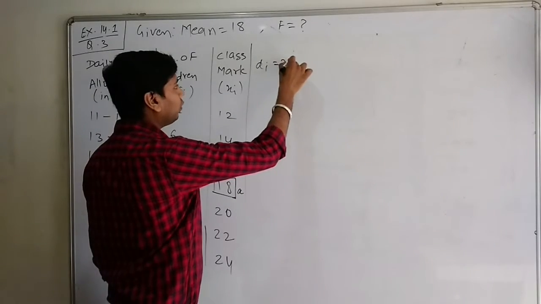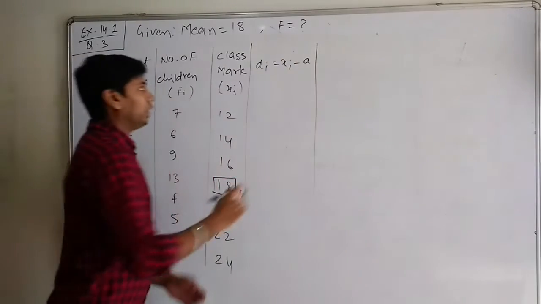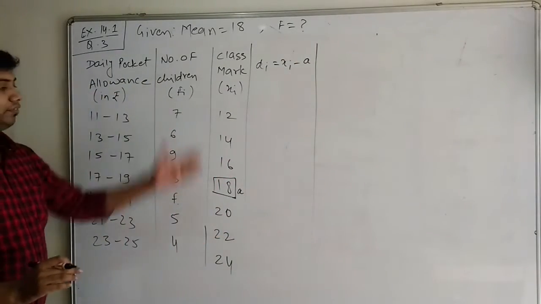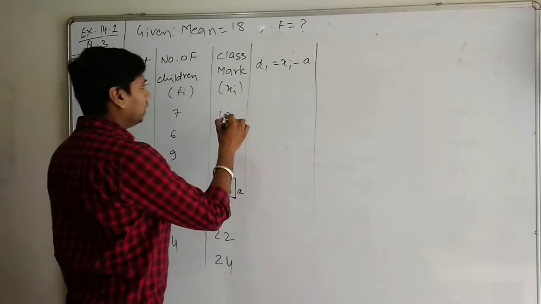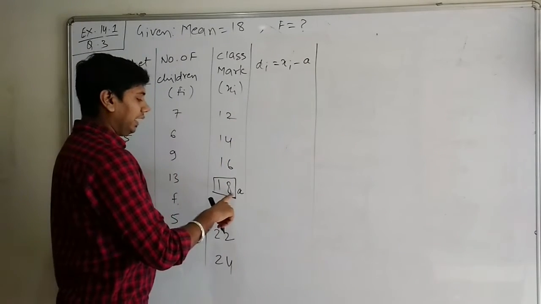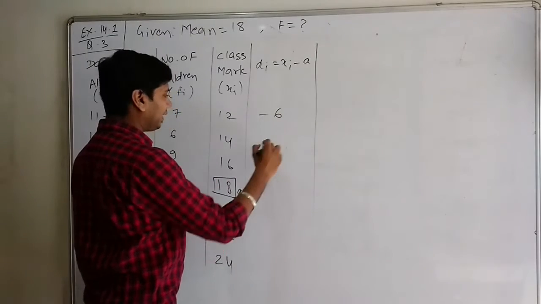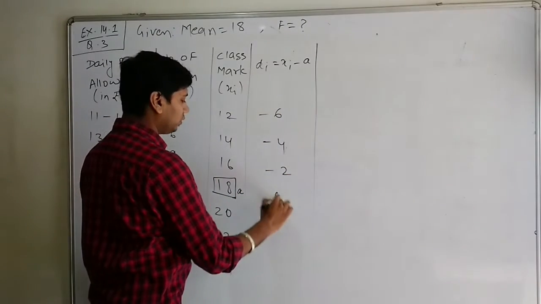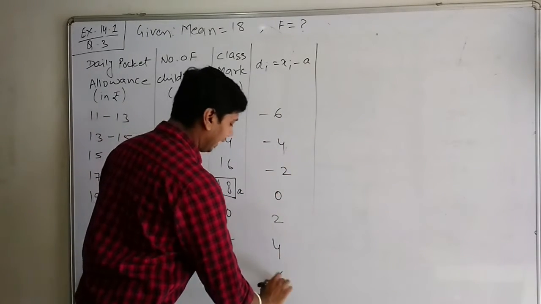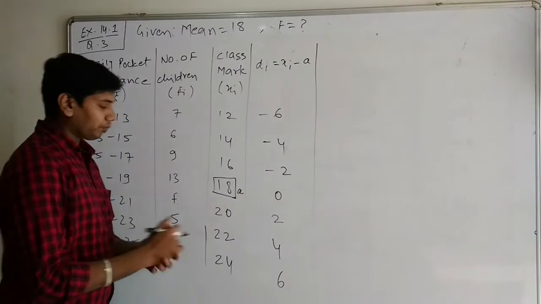Now di is equal to xi minus a. Now calculate xi minus a for each value. Now xi is 12 and a is 18, so 12 minus 18 gives minus 6, 14 minus 18 is minus 4, minus 2, 0, 2, 4 and 6. Okay, now